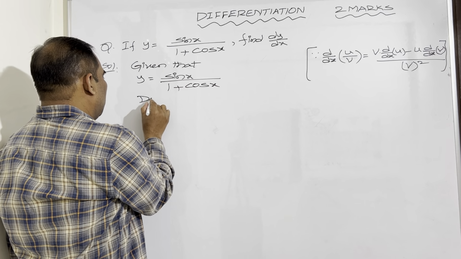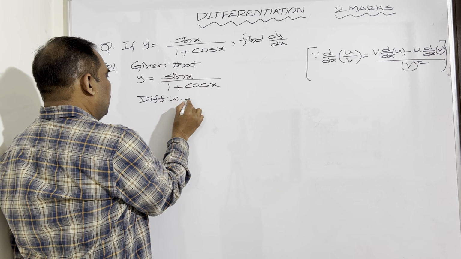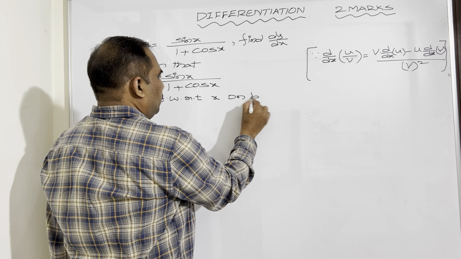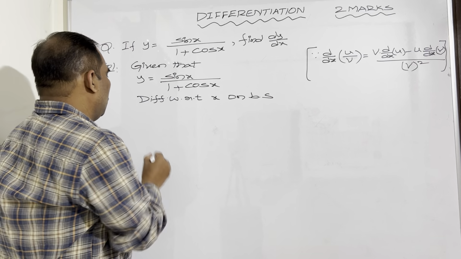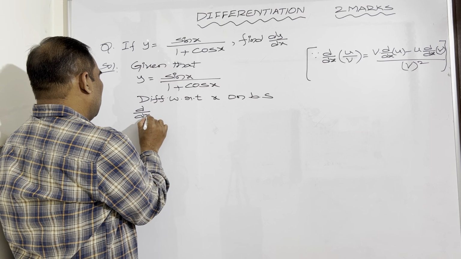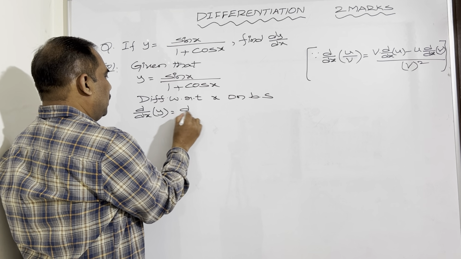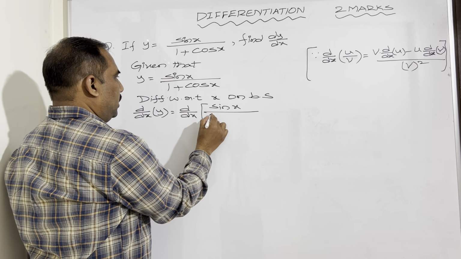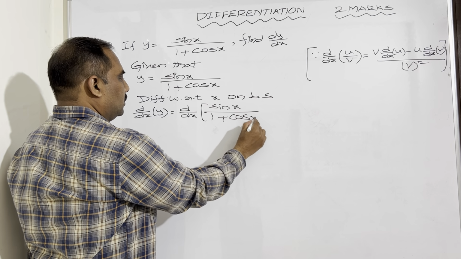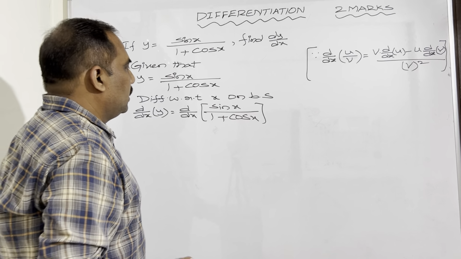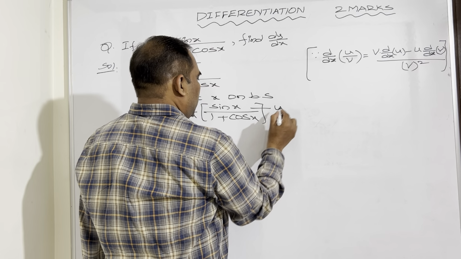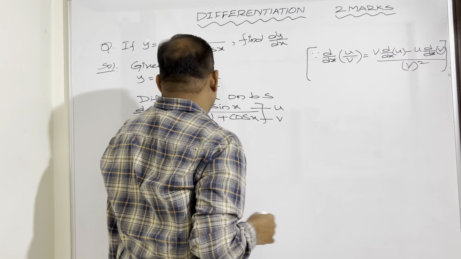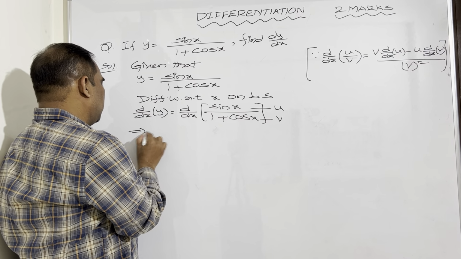Now differentiating with respect to x on both sides. So now d by dx of y is equal to d by dx of sin x by 1 plus cos x. See, observe here, this is considered as u and this is v, which is in the form of u by v. So now dy by dx is equal